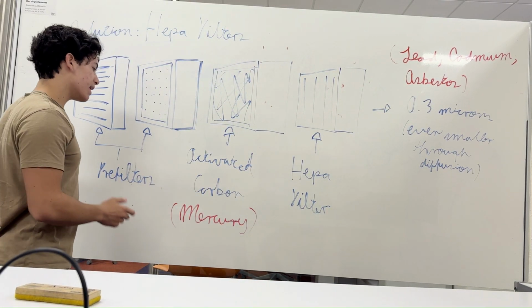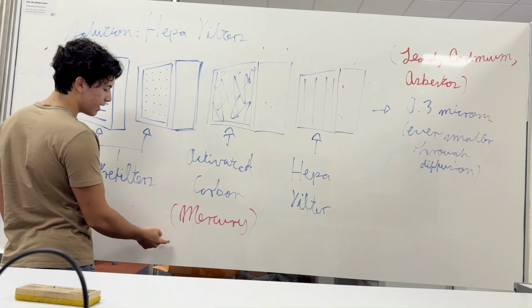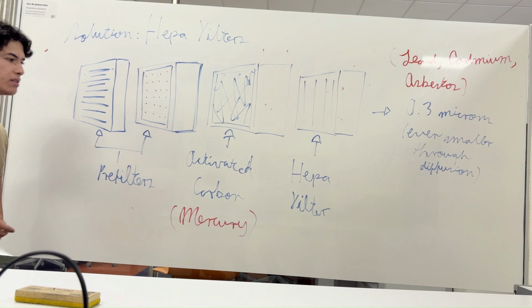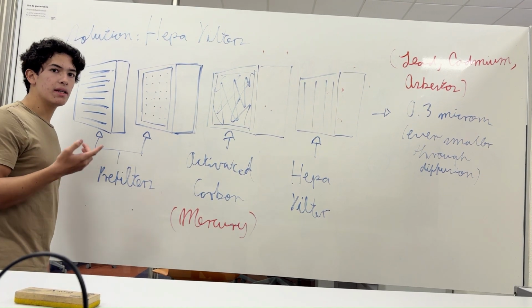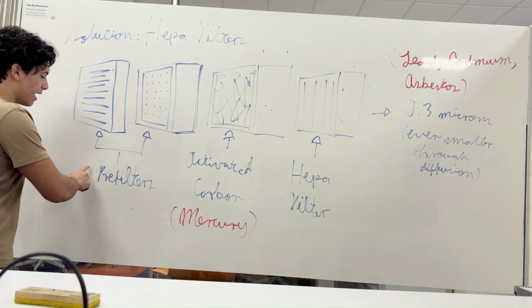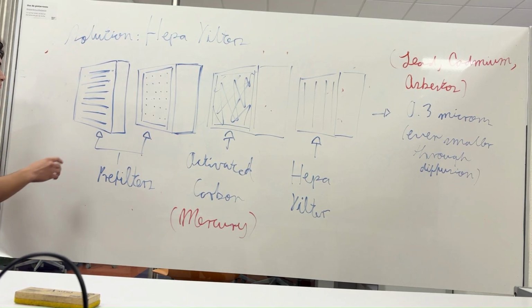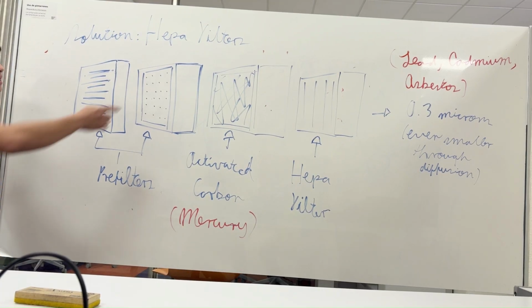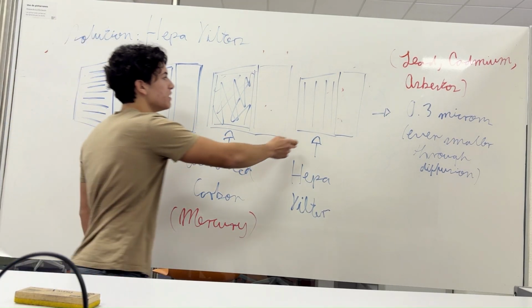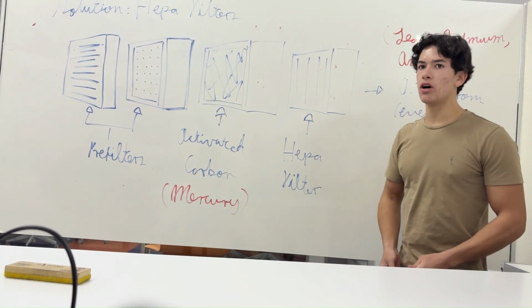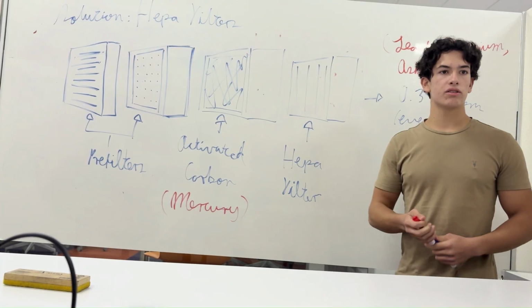They're really great to eliminate it. Then the activated carbon filter can eliminate the mercury gases because it uses halogens and also uses the dipole forces and dispersion forces just to attract those gases. And the pre-filter is for bigger particles like dust and maybe lead, but it's completely filtered through the HEPA filter. To implement our solution, we can put HEPA filters on factories, small factories, and in strategic points